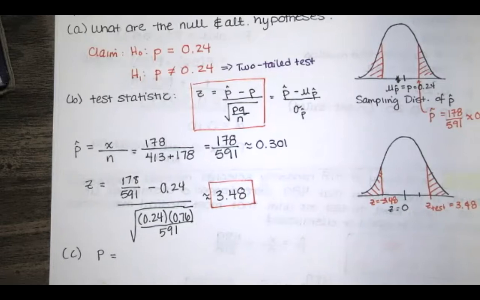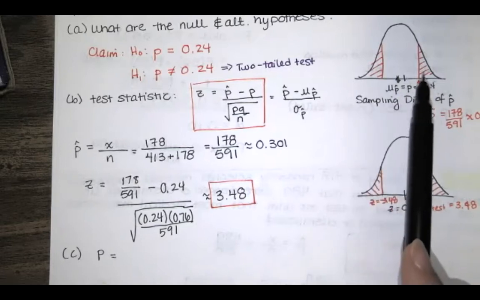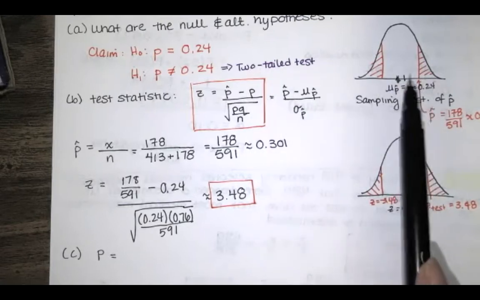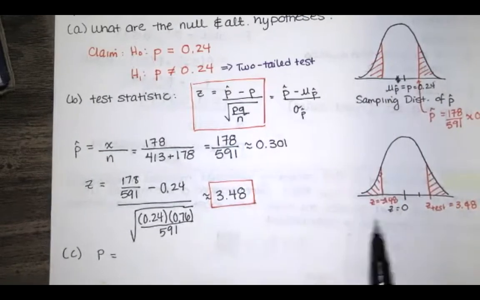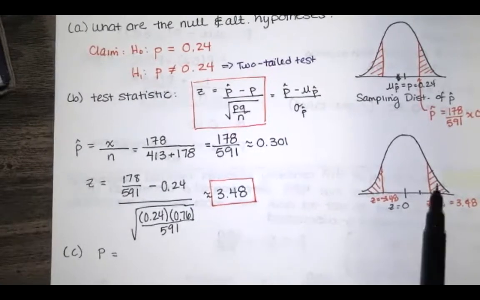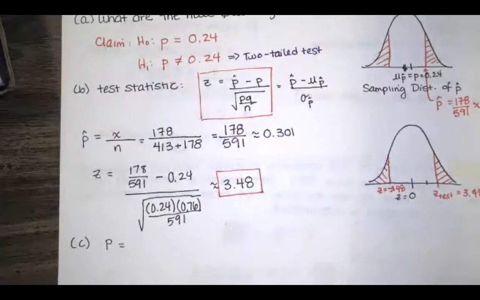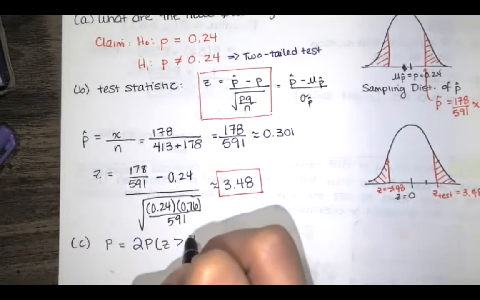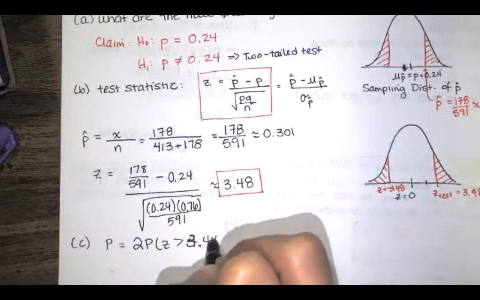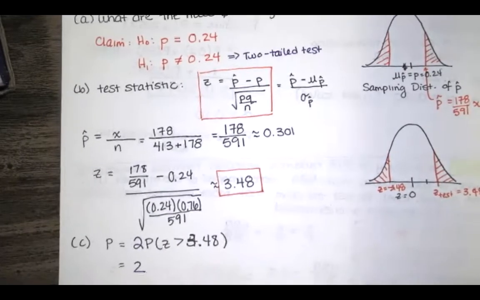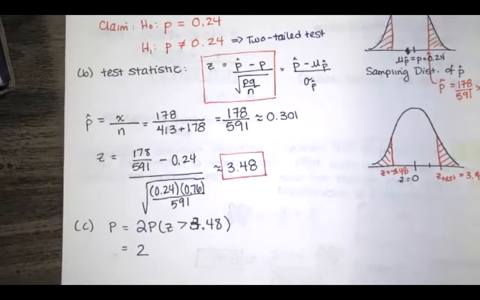But with the p-value method, we're looking for the probability that our p-hat is as extreme as ours or more extreme than ours. And with a two-tailed test, we're talking about on the left or on the right. So that's this area plus this area, which is the same as this area over here times 2. So this will be 2 times the probability that z is greater than 3.48, or 2 times whatever we get when we type 3.48